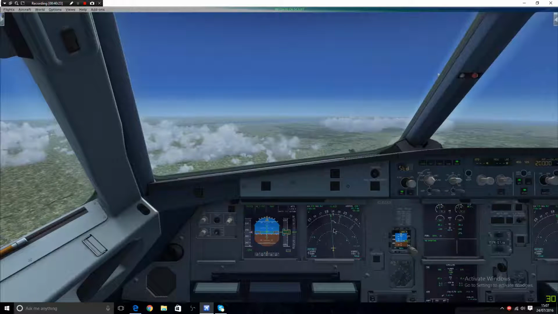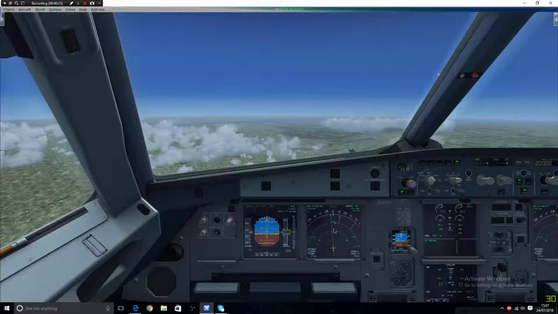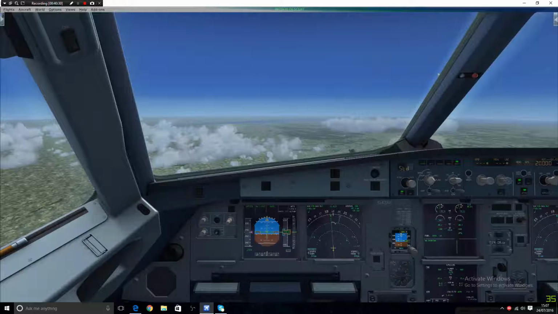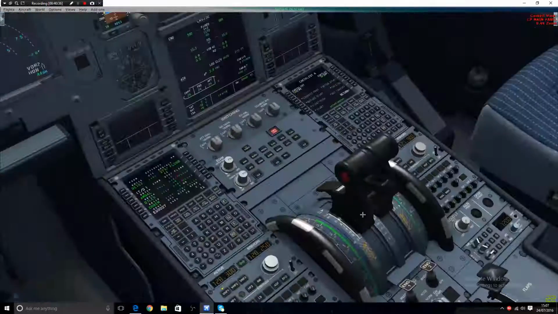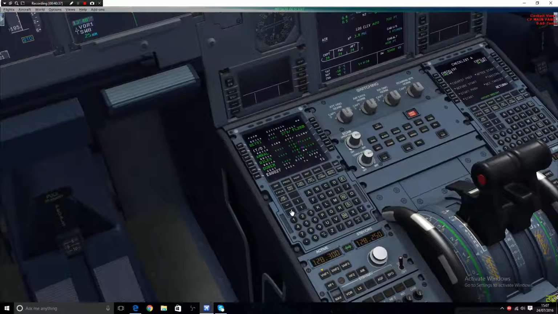So that was the descent preparation checklist. We've just got to wait now as we approach the top of descent, and we have to initiate descent manually. So real quick, what you want to do is head down to your flight plan page,